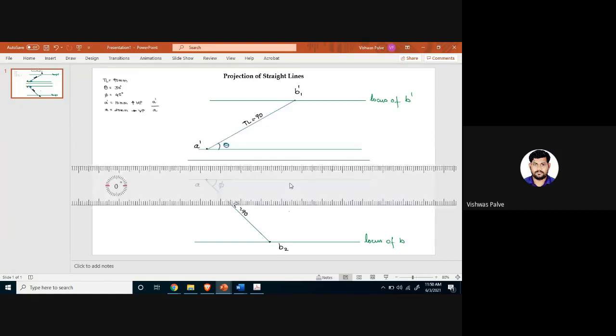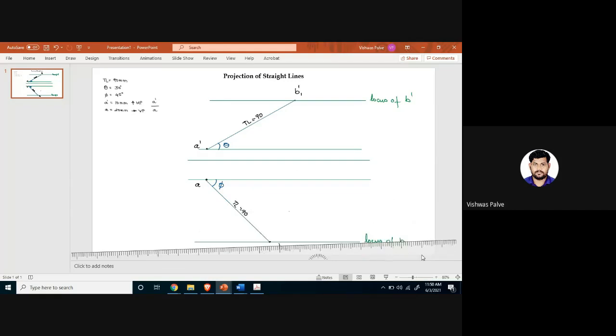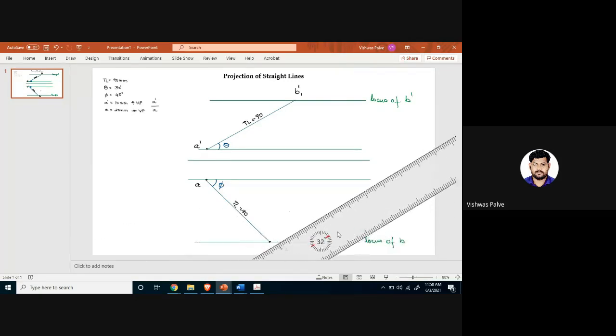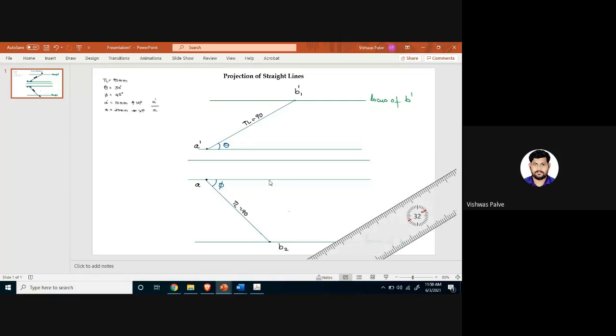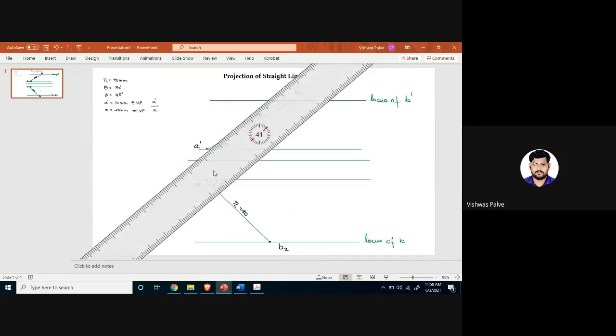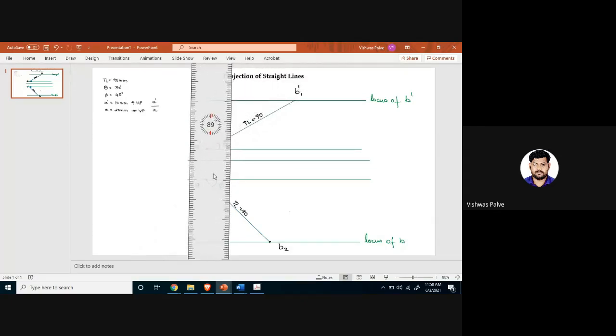Any difficulty up to this point? It will be a little difficult to understand now. I will just complete the problem, because now I am going to explain the notation. The problem we are solving is just to understand the notations, and once you understand the notations, you can easily solve any problem. So now, after getting these points, we have to draw the front view and top view.